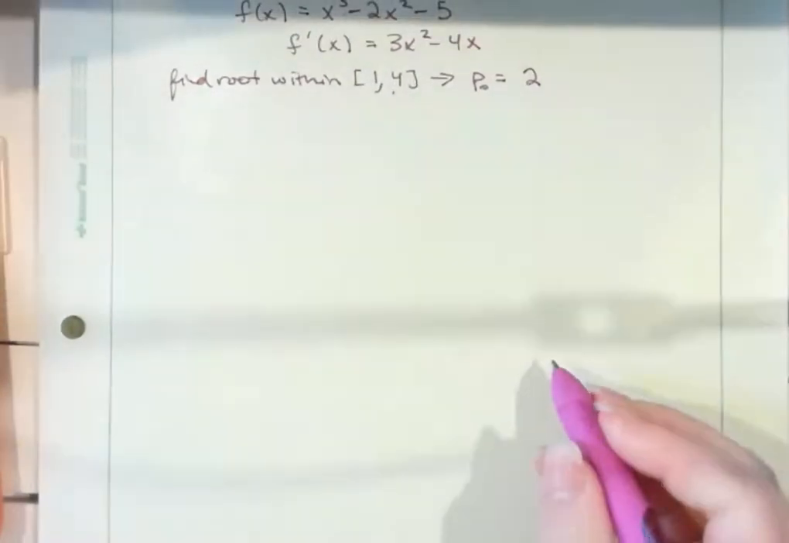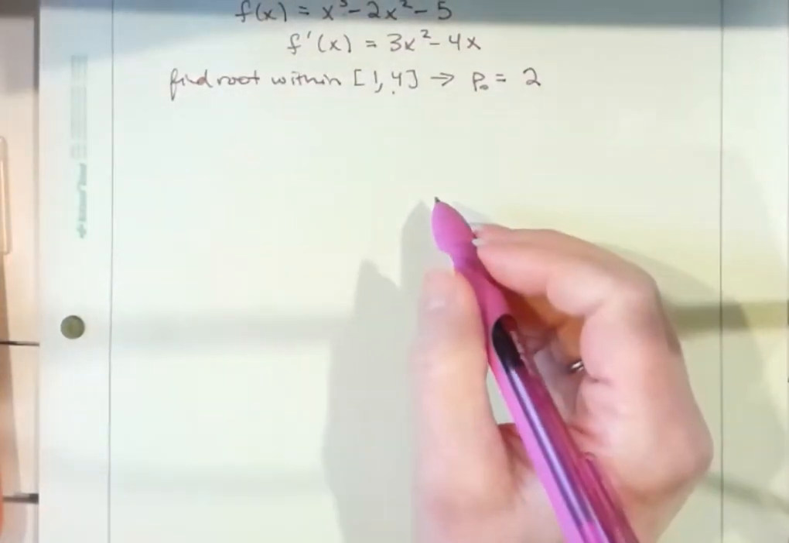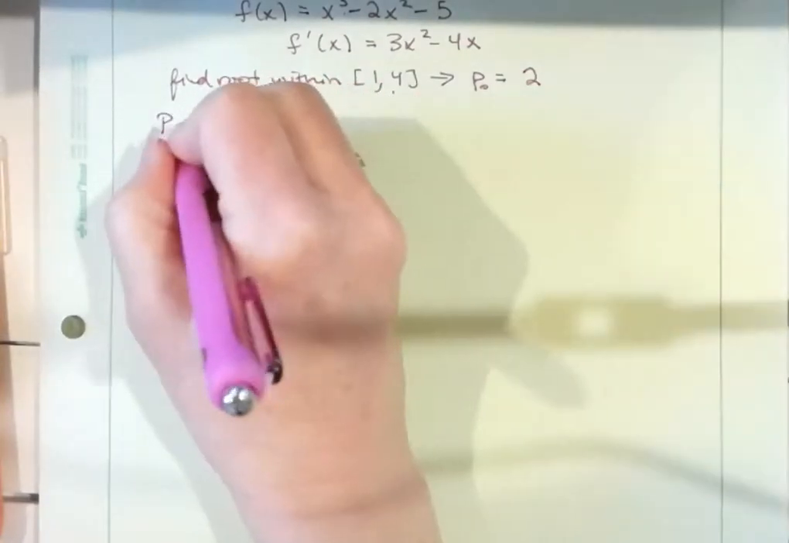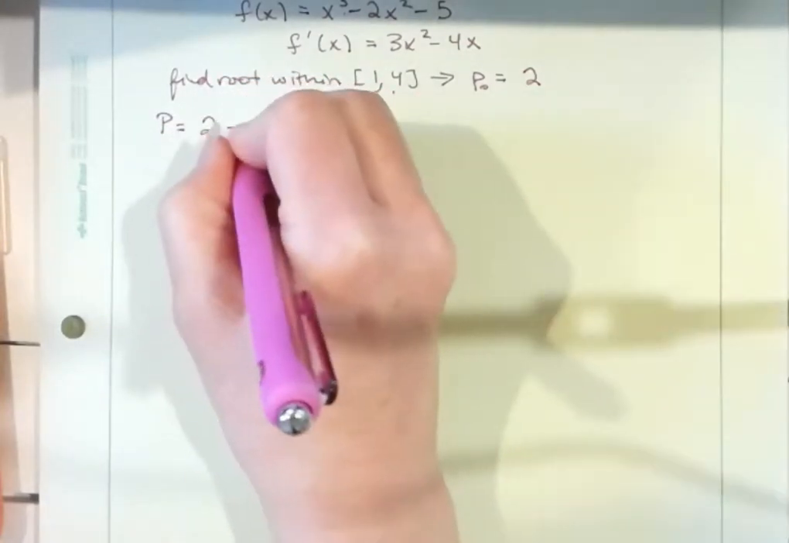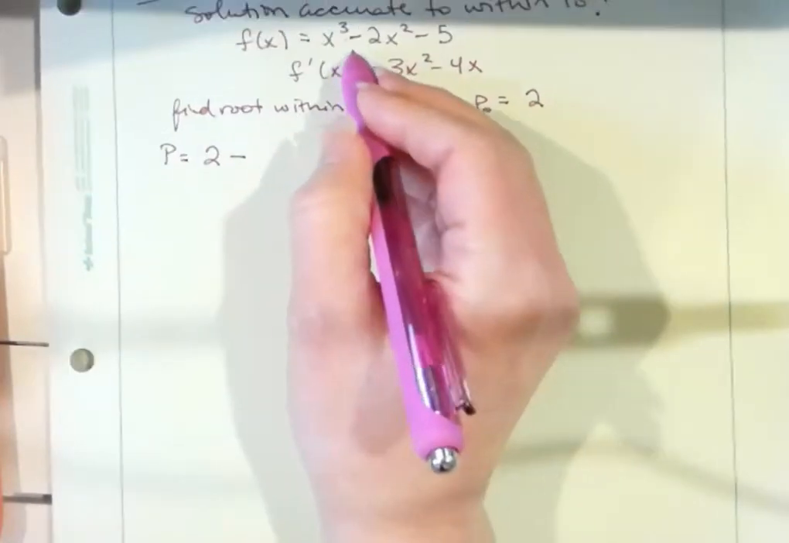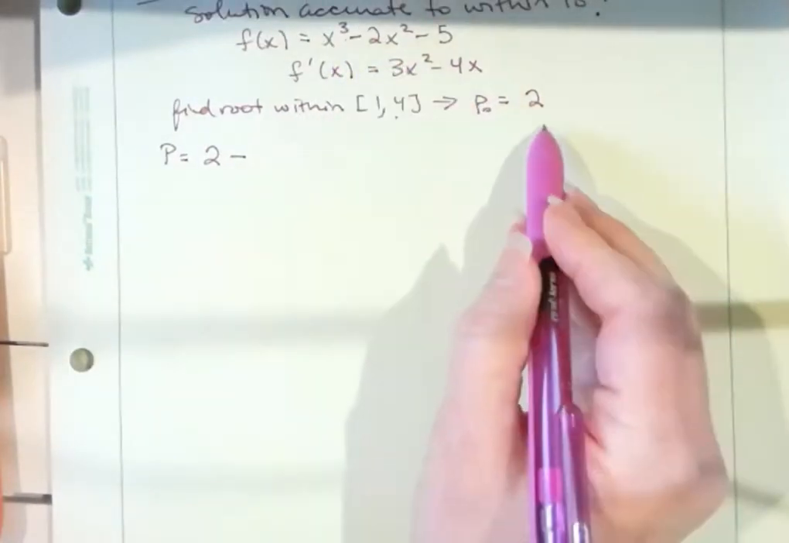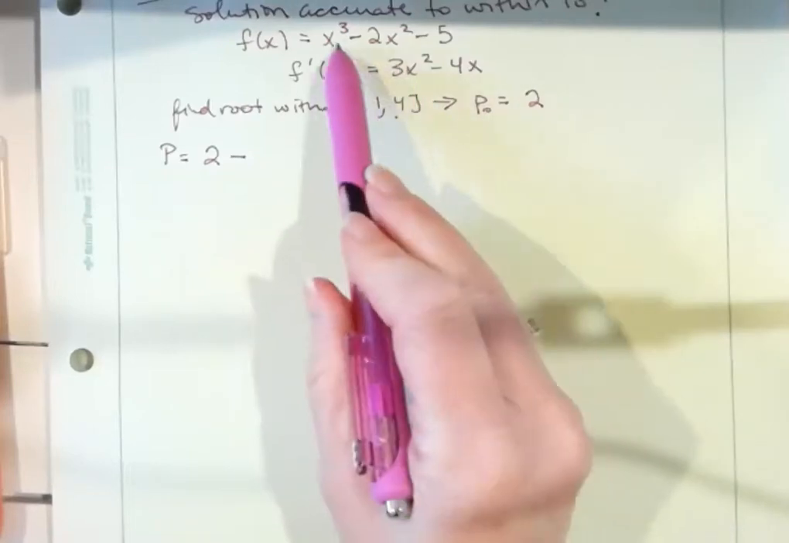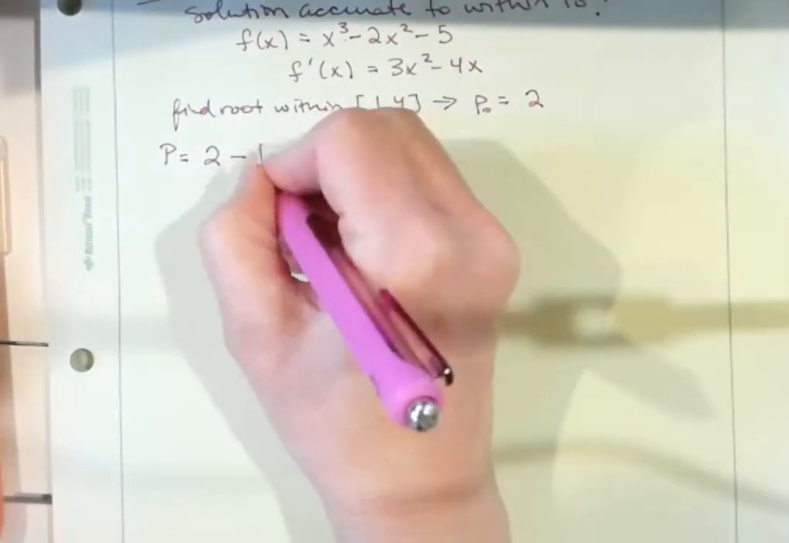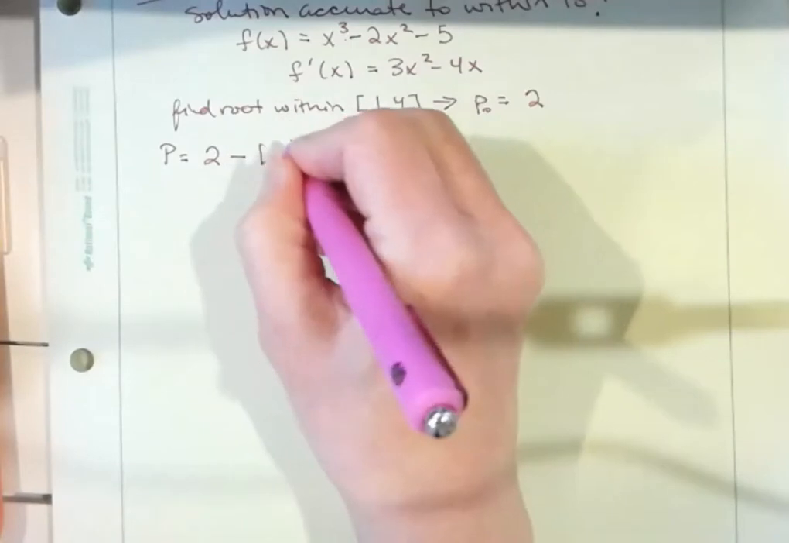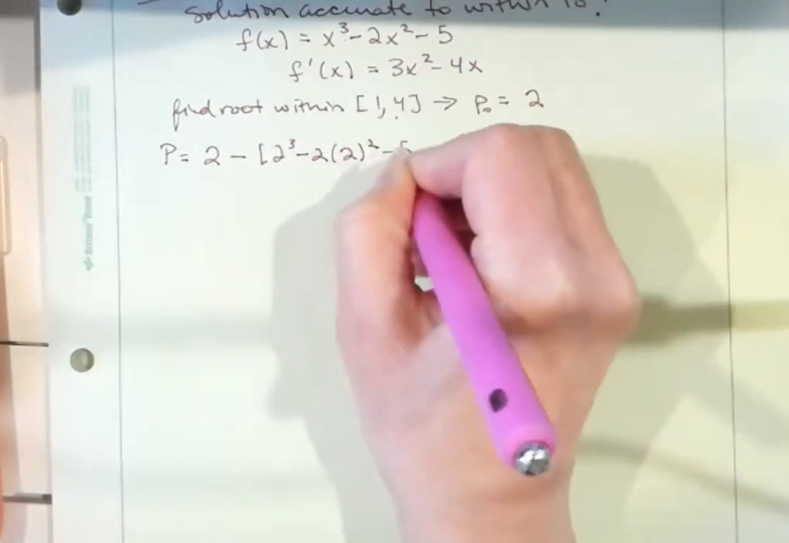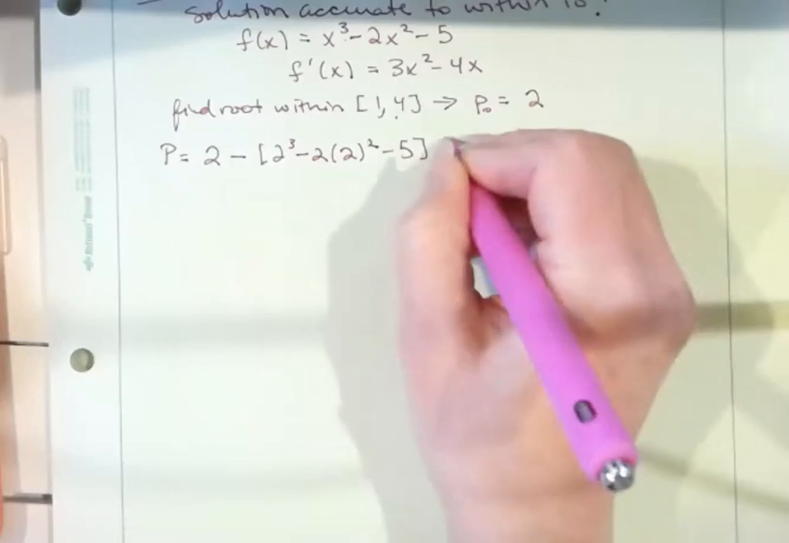So now we have that. So what we're going to do is we need to calculate P. So remember, P was equal to P0 minus your function. And remember, for our function, this first time through, we're going to plug in the initial guess. We're going to plug that in everywhere we see x. Okay? So we're going to have 2 minus 2 cubed minus 2 times 2 squared minus 5 over,